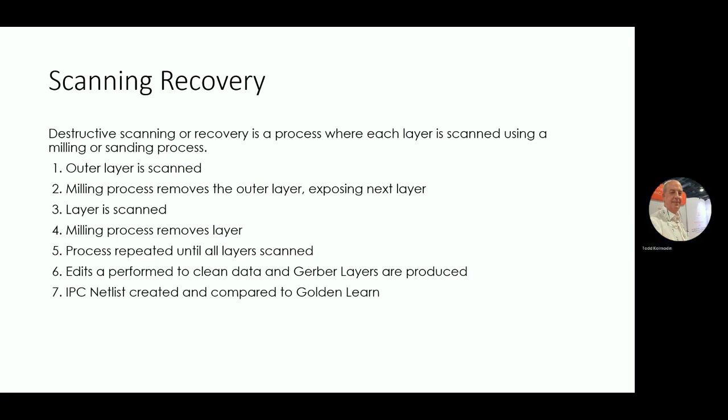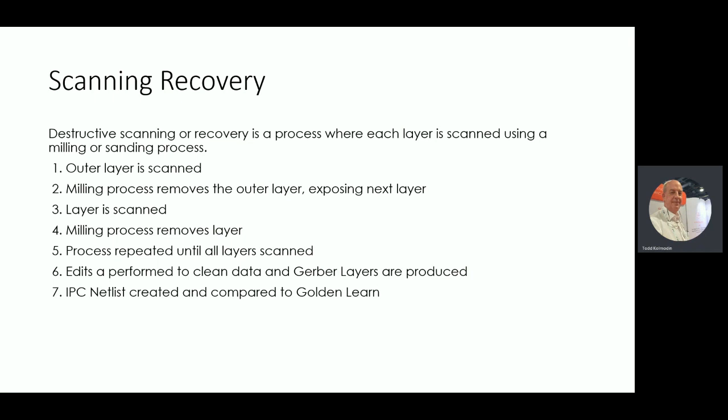And because a lot of times you don't have a bare board, a lot of times it turns out to be an assembled board that needs to be depopulated. The best way to do it is to depopulate it and then do the outer layer scan like I mentioned before, and let the self-learn process happen so that you generate an intelligence from the board itself. And then you go through and do your destructive scanning, creating all of the layers and photo tools,